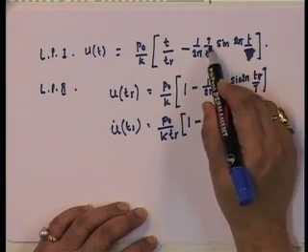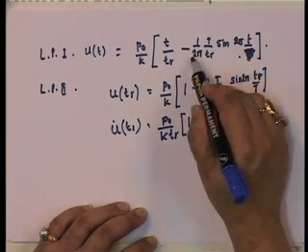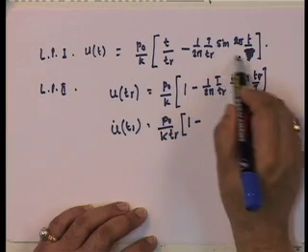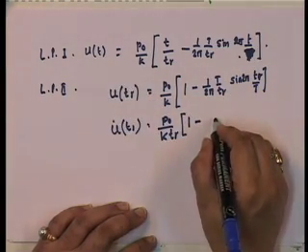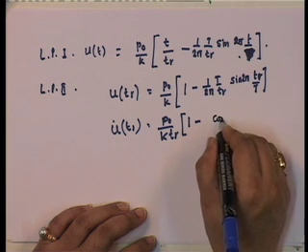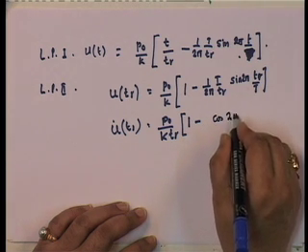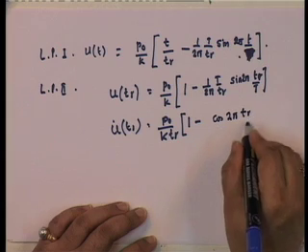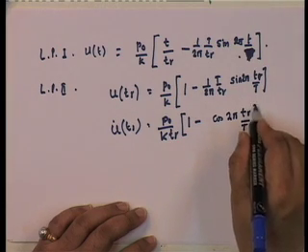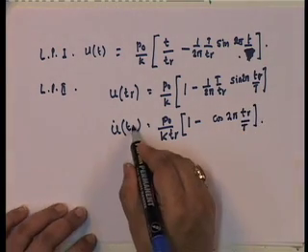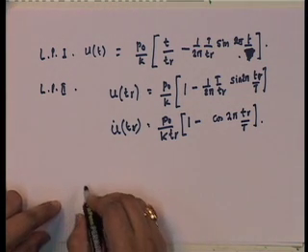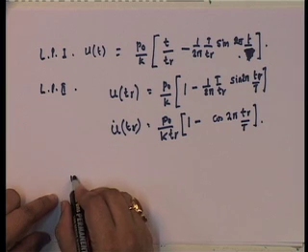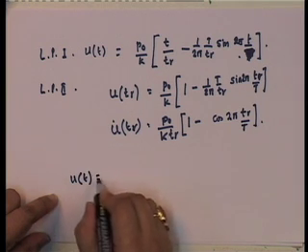So, this 2 pi cancels, t and t cancel, 1 upon t_r goes outside. So, this becomes 1 minus cosine of 2 pi t_r upon t. Okay. So, the point to write down is that in load phase 2, I get